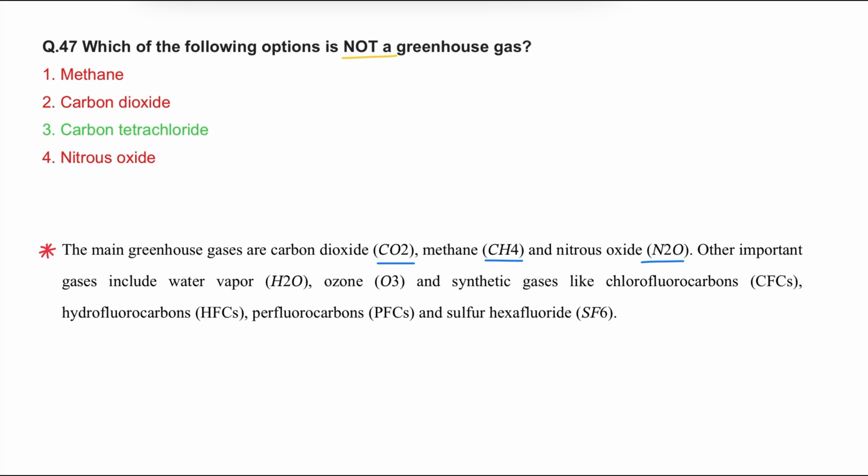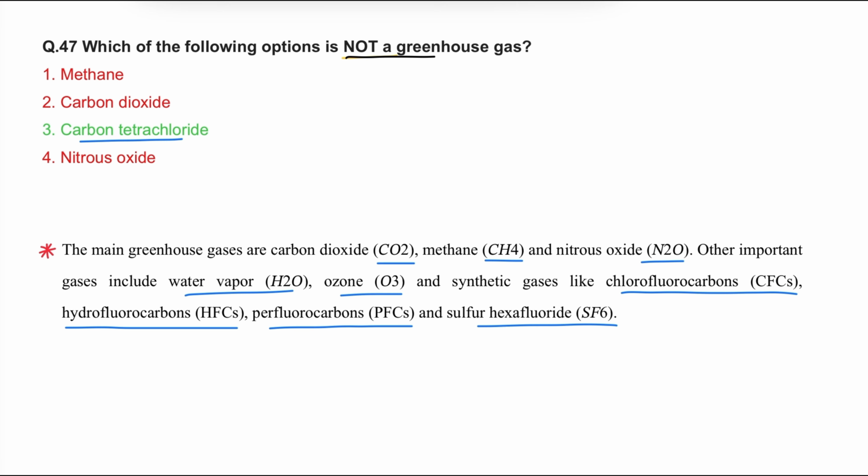Other important gases include water vapor, H2O, ozone, and synthetic gases like chlorofluorocarbons, hydrofluorocarbons, perfluorocarbons, and sulfur hexafluoride SF6. Here, methane is a greenhouse gas, carbon monoxide is a greenhouse gas, nitrous oxide is a greenhouse gas. In the question, not a greenhouse gas, so that is carbon